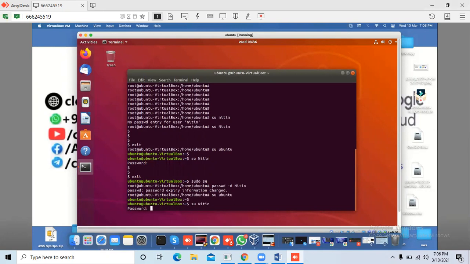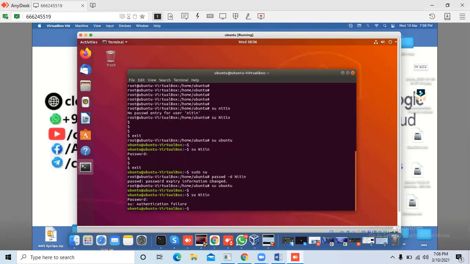Let me check with 1, 2, 3, 4. I am unable to log in. Authentication failure. So -d is for deleting the password, meaning that even if I have the password, I am unable to log in, because I deleted the password entry from the file.